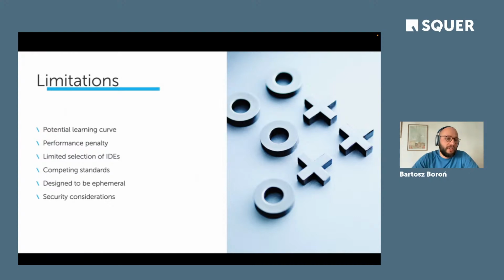There is obviously a potential learning curve, especially for people not working much with Docker. So understanding containers, the tools, the life cycles is something you need to understand if you want to run it locally or on the cloud. There's always a kind of performance penalty because of the virtualization.